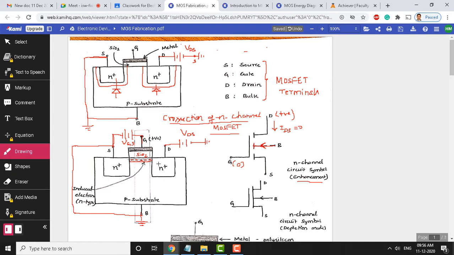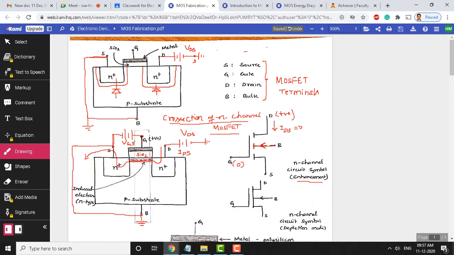Now, current will start flowing through this, because now there is continuity between the drain and the source regions. You can see current flows like this. So, there is an IDS here. The conclusion here is, for the positive gate voltage that we have applied, the region here is called a channel region. Instead of saying built, let us call this an induced channel.